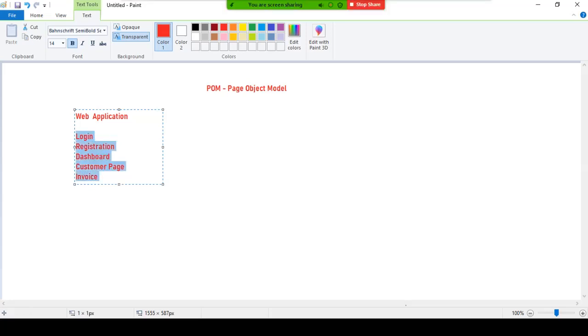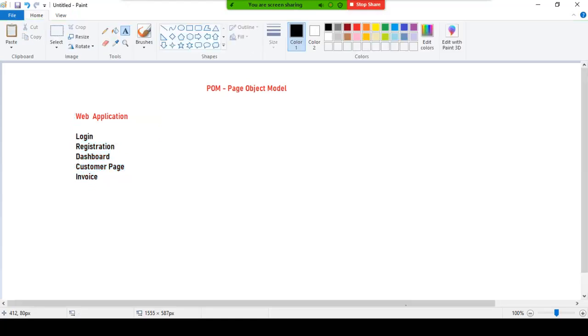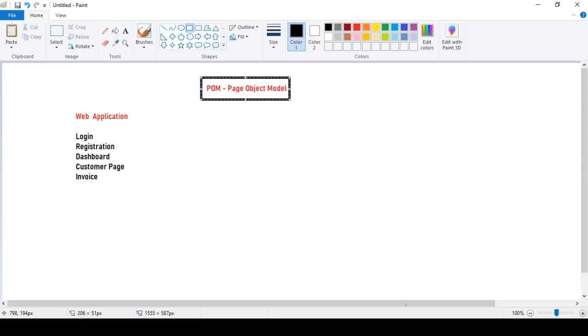If you want to become a master at designing POM, you should have good analytical skill, or a good mindset to differentiate between the page functionality. If you are able to identify that this is the functionality or feature of this page itself, then you can write the proper page object model pattern.